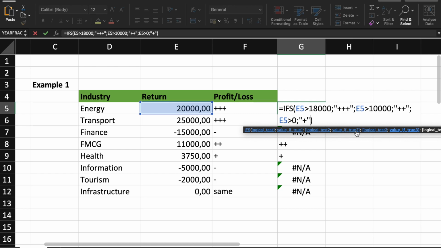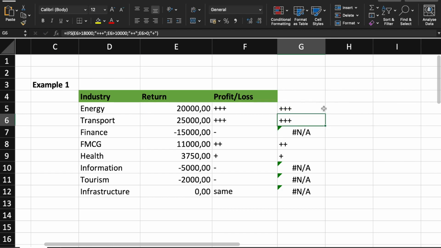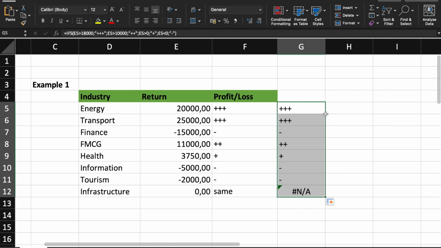So I want to write them as the fourth condition. If this value is less than 0, then I want to see them as negative value. So I write negative value here. Now drag it down. See,